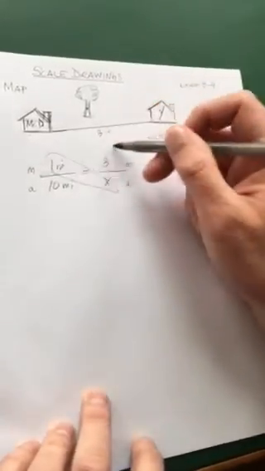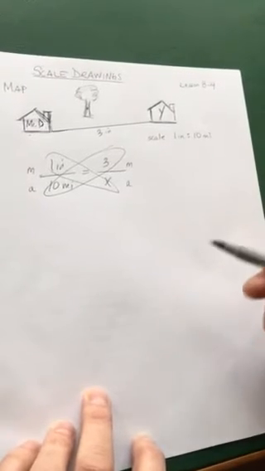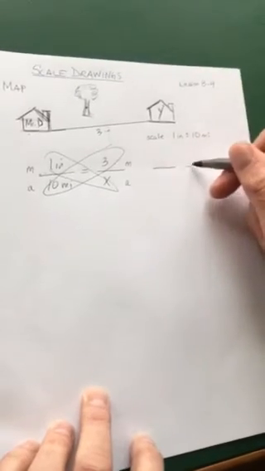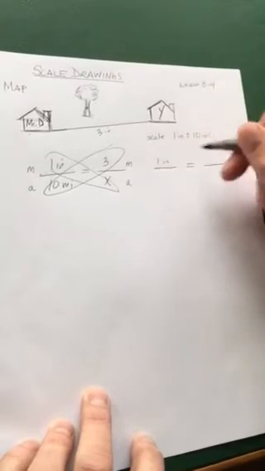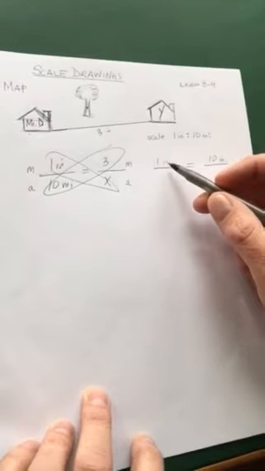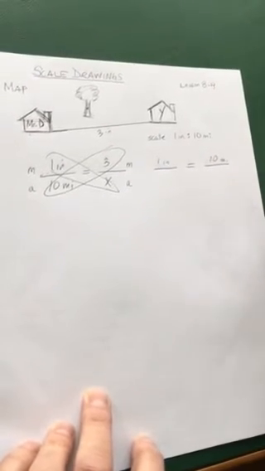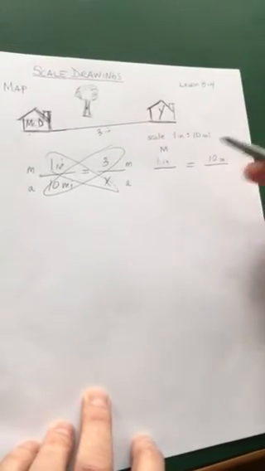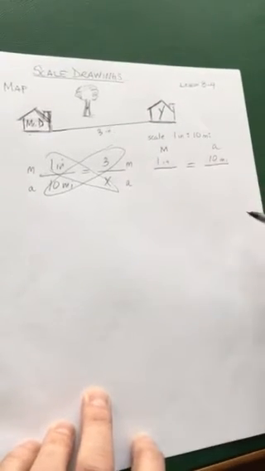Obviously we can go this way as well, right? Where we do our cross products. Okay, I want you to see that this can be set up more than one way. So let's say we were to set it up this way, all right, where we did 1 inch to 10 miles. Okay, so again, this is your map distance, this is your actual distance, okay? So for this proportion, we have our map distance on the left side of the equation and our actual distance on the right side of the equation,